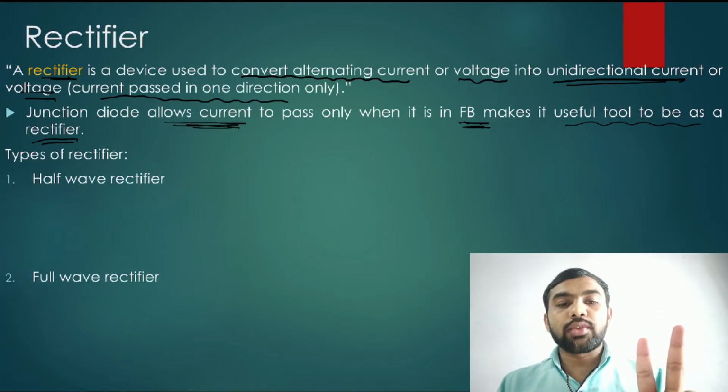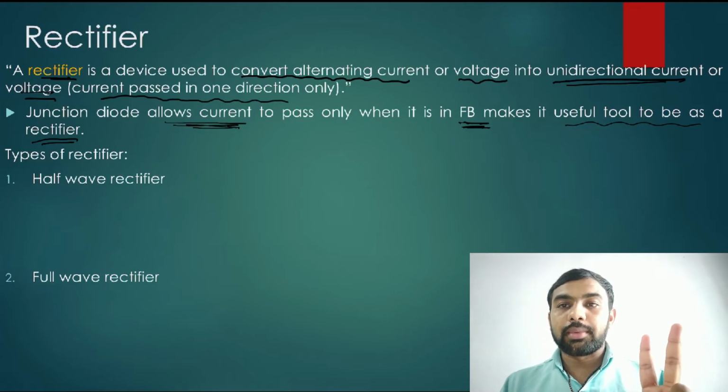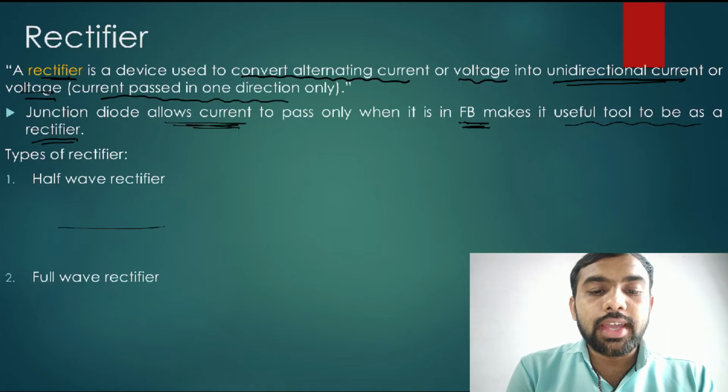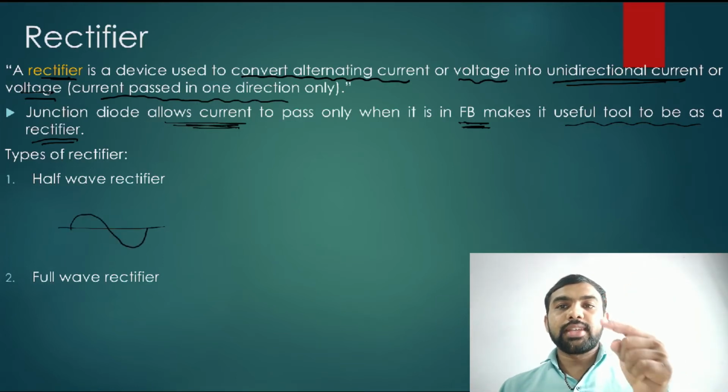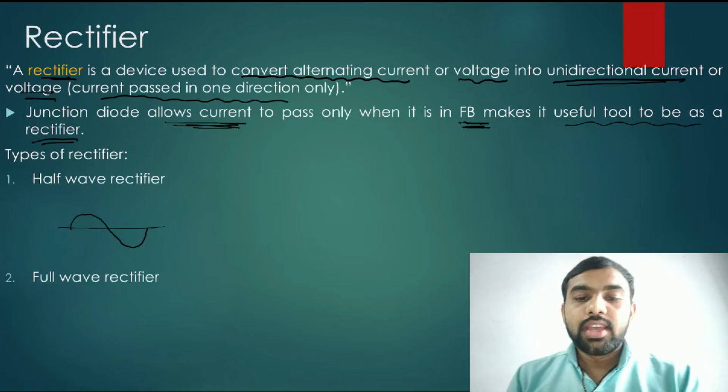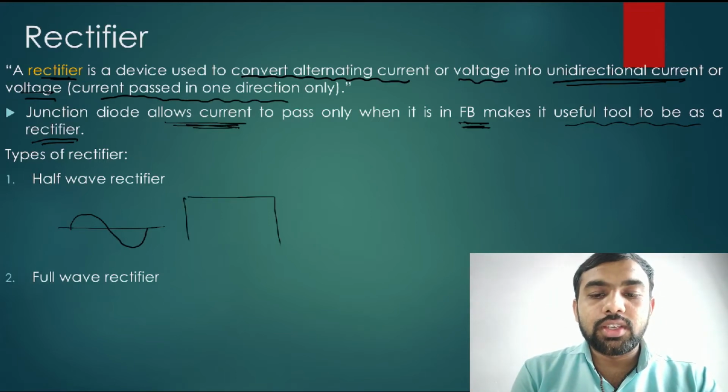We have two types of rectifier. The first one is a half wave rectifier, the second one is a full wave rectifier. What is the meaning of half wave rectifier? If you give the AC voltage like this, a full alternating cycle, and you pass it through the half wave rectifier,